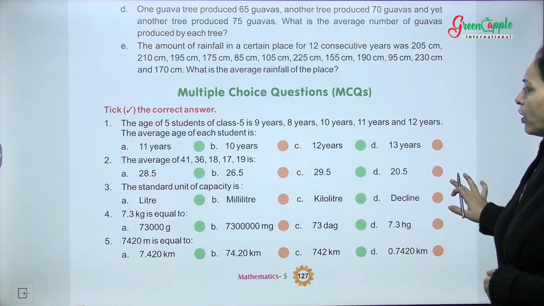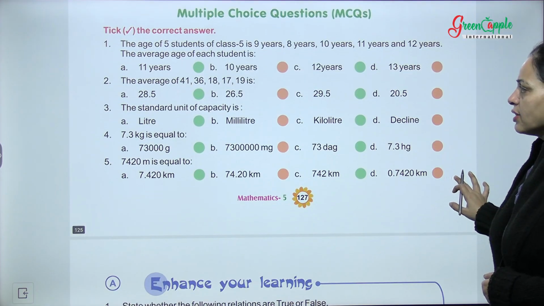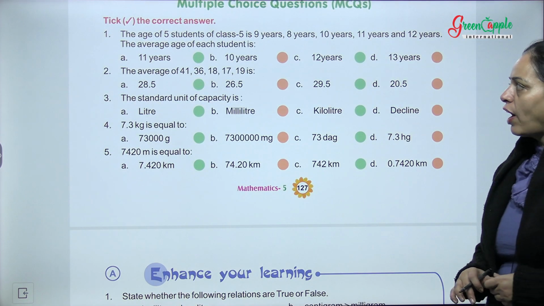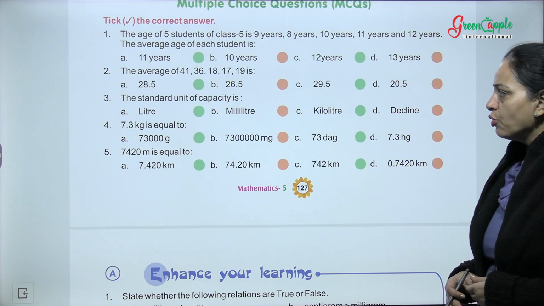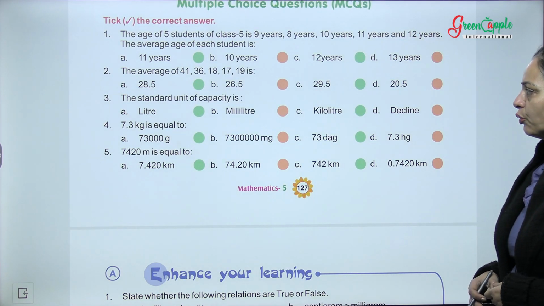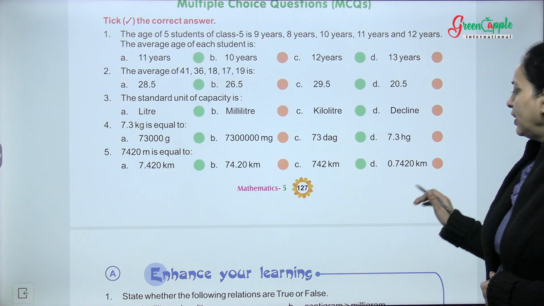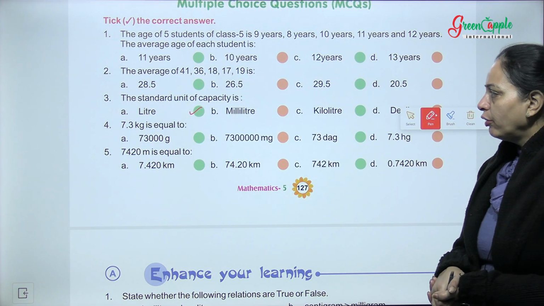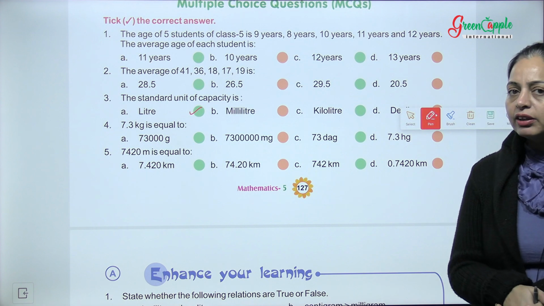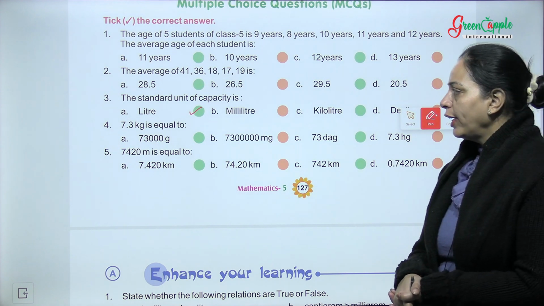Now this is the time of MCQ. Take the correct answer. Like the first one, the ages of 5 students of class 5 are given. Find the average. You can do it. The third, the standard unit of capacity is liter. So take the A option. So 7.3 into 1000. What will you get? You will get